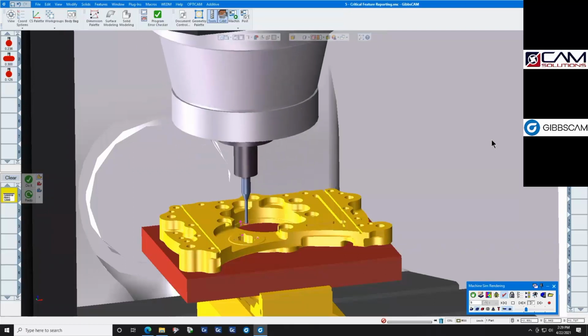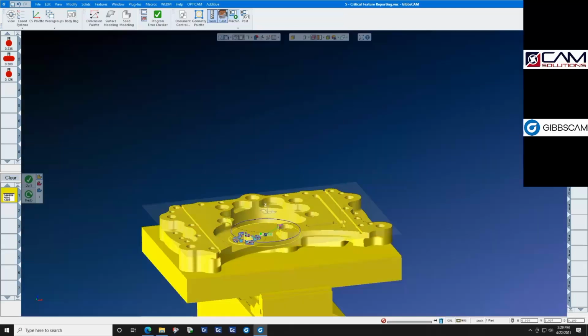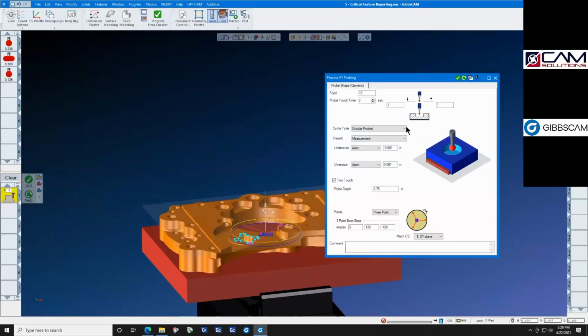It's a rectangular pocket. And we did the groove. Let's look at the types of probing features that we can work on. We have single surface, rectangular pocket, circular pocket, rectangular boss, and circular boss, as well as going back and we